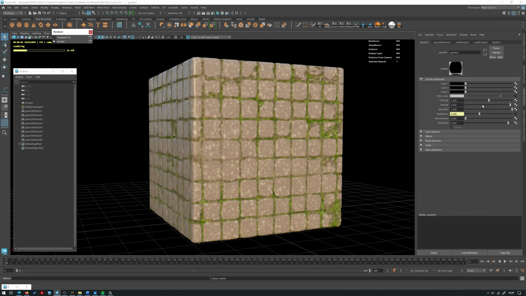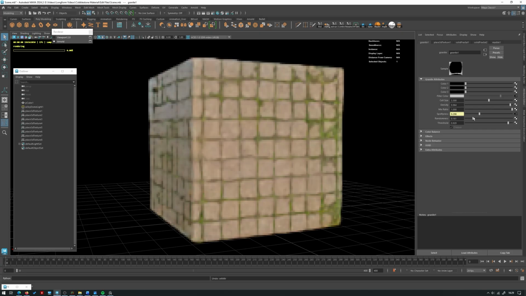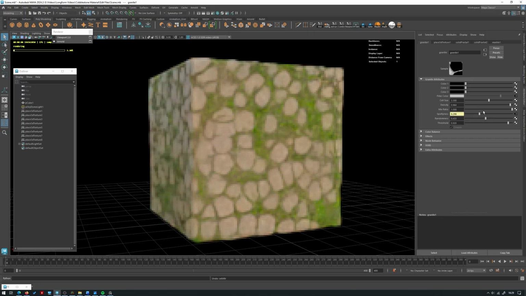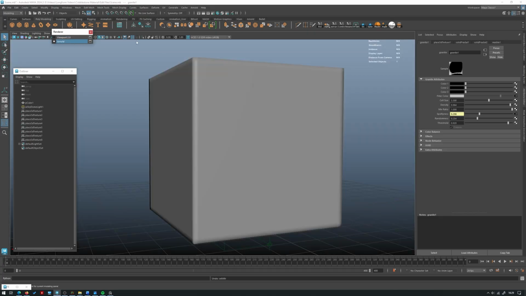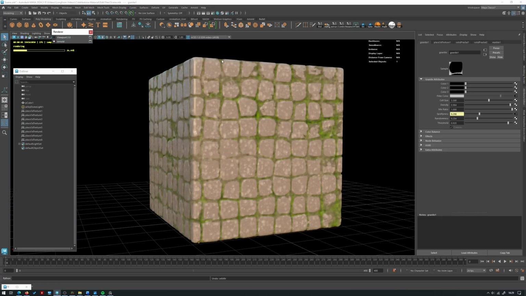So now that you've got all that plugged in, just adjusting the granite texture, you can now adjust the actual wear and size of the cobblestones depending on what kind of style you're going for. So yeah, that is how you create a very, very quick cobblestone material entirely procedurally in Maya. You can definitely take it a lot further than this, but just for getting something quickly set up,